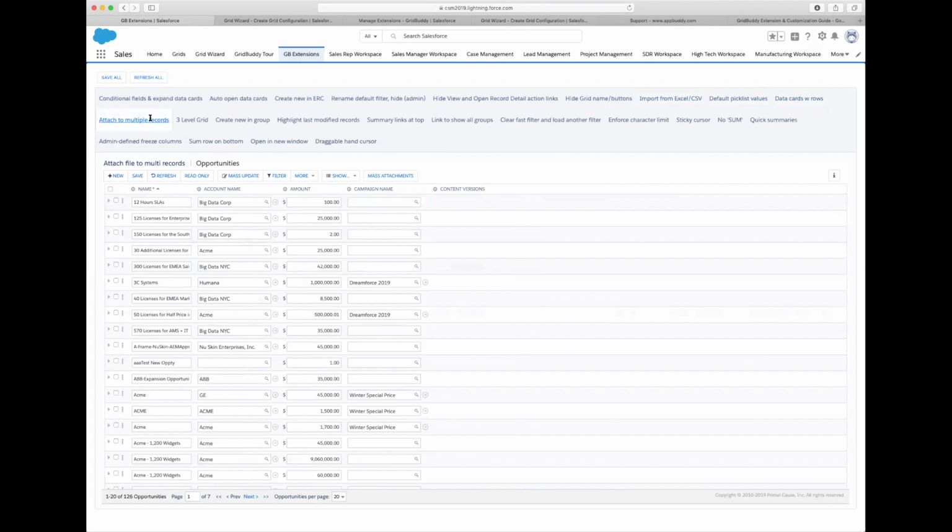All right, second to last, number 9, attach a file to single or multiple records. This is not actually an extension. This is a custom action. So this is a Visualforce page. The limitations to the attachments are Visualforce limitations, so whatever Salesforce supports. And the way I have it set up here is a button at the top of my grid. And what this button does is it allows me to attach to one record or multiple records. I select them, I click the button,